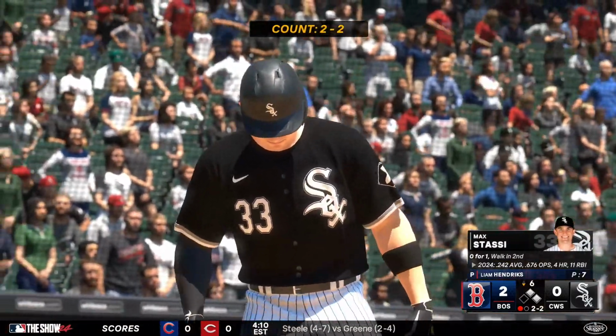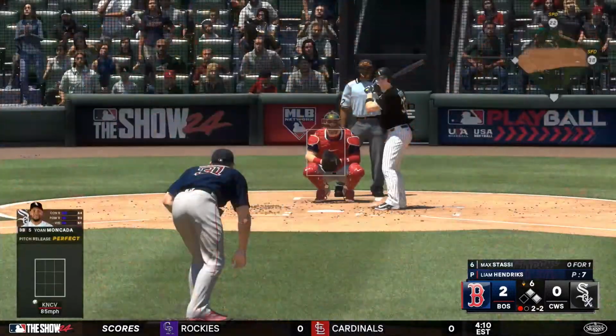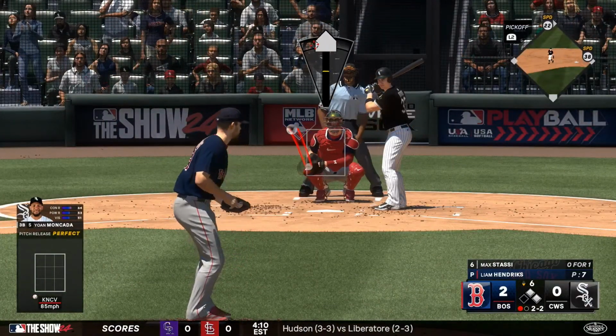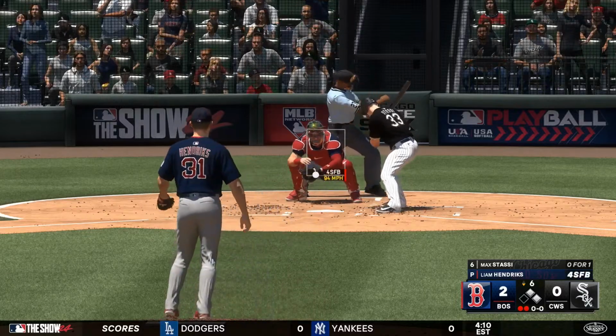Two on, 1 out. And now the catcher comes up to him. Max Stassi. This is what stat nerds like myself might call a high leverage situation. Yeah, Boog, not sure what the numbers say, but clearly